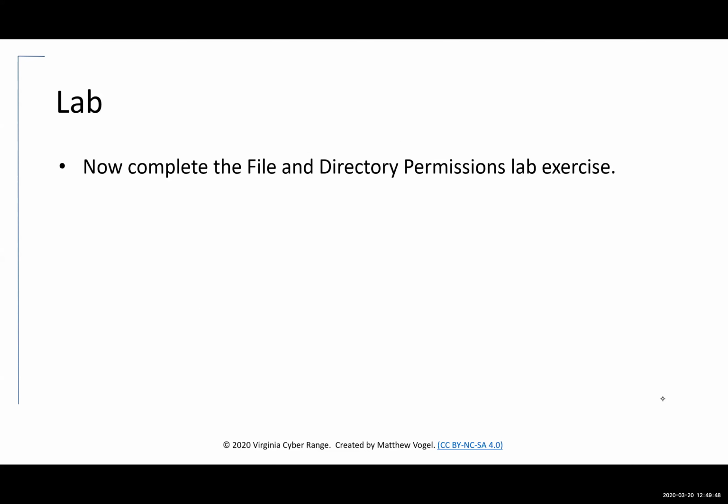Okay, so that's files and permissions, and you should now dive into the file and